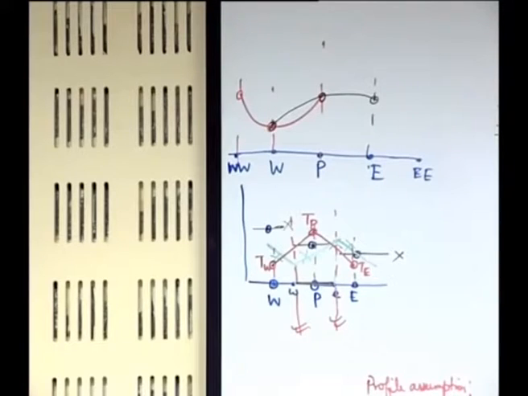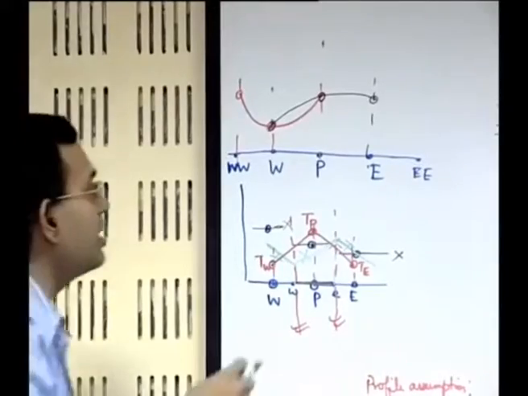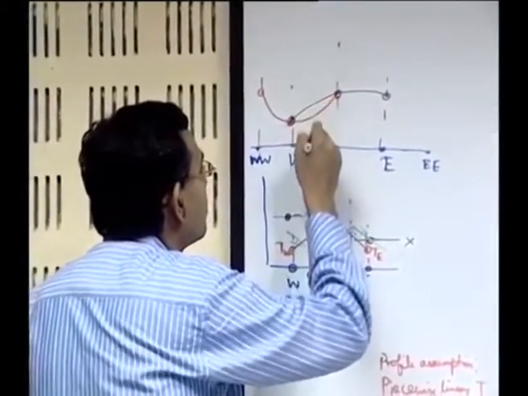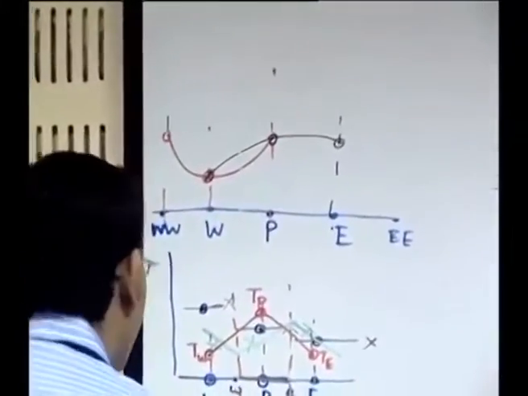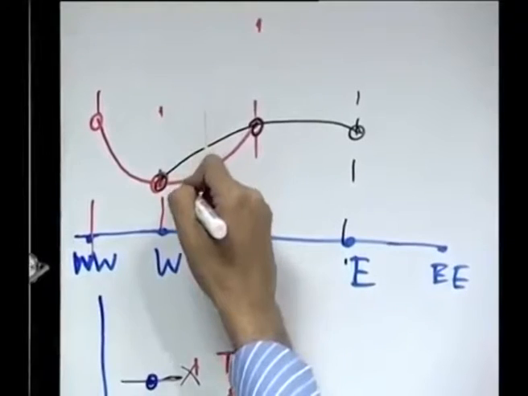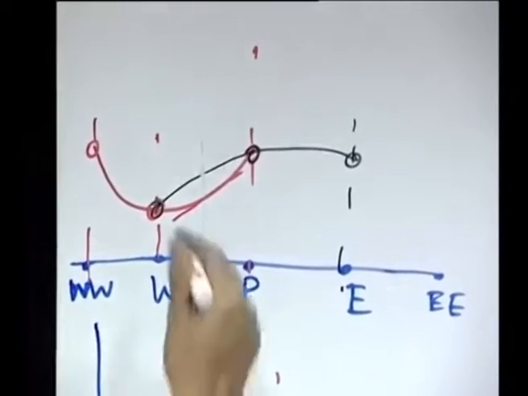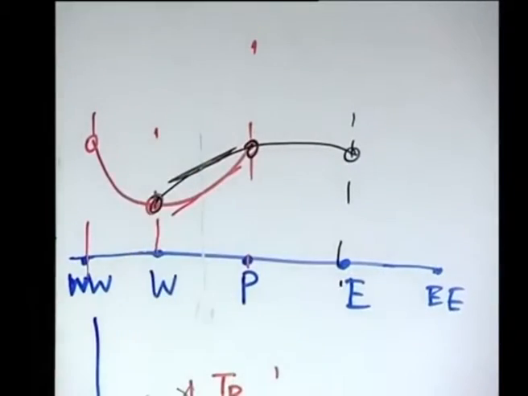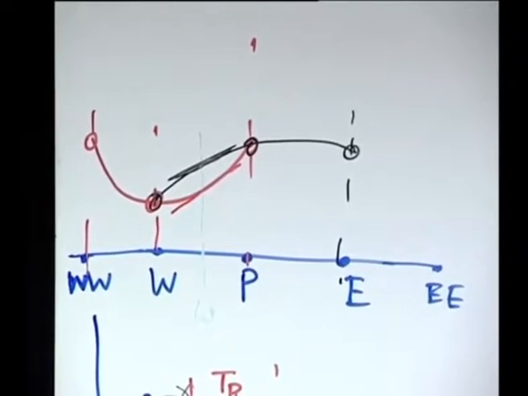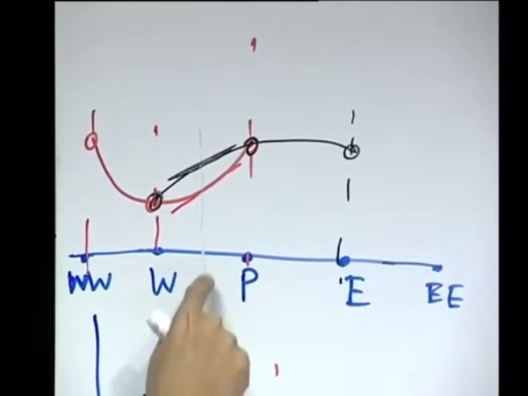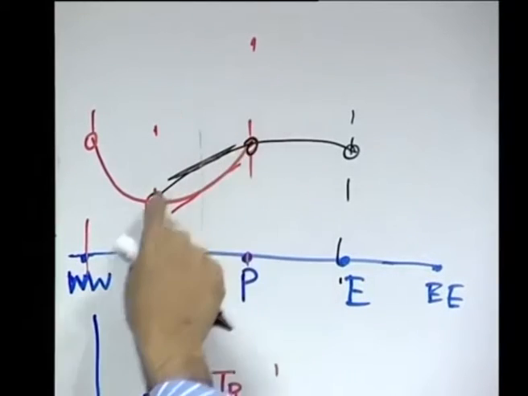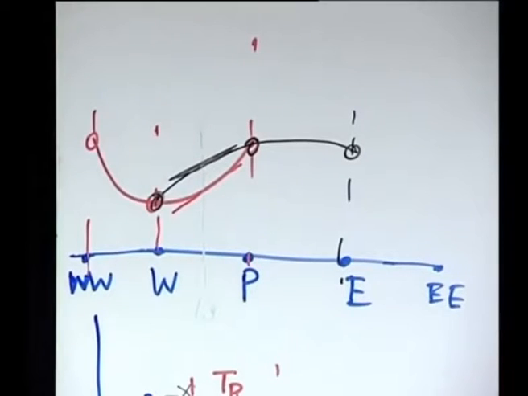Again let us try to see what dT dx is at the control volume face. So what is the face? The face is this one, small w. So how can you calculate dT dx here? It is the slope of the red line, and similarly it is the slope of the black line. It depends on which line you are considering. Are these two equal? Not necessarily. They are equal only when this small w is exactly at the midpoint of capital W and capital P. There is a reason behind this.